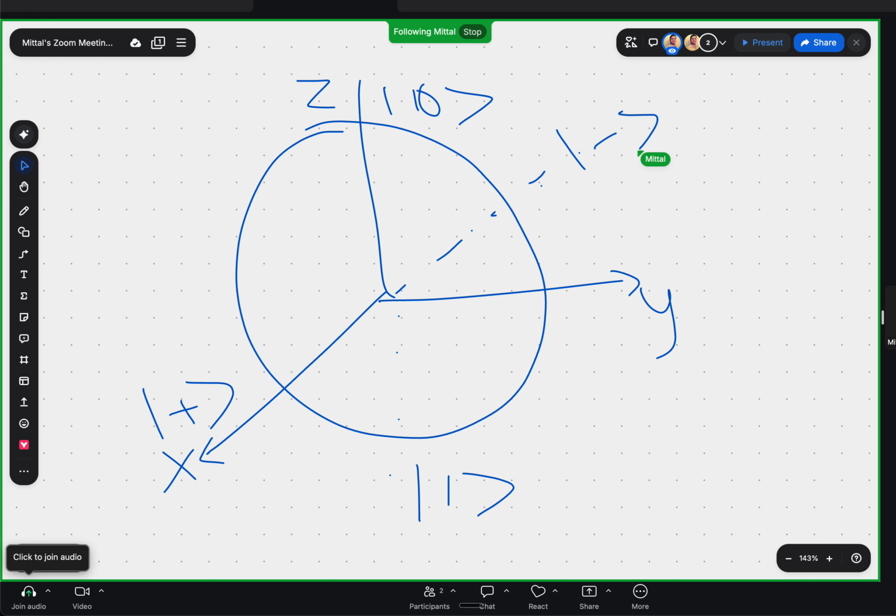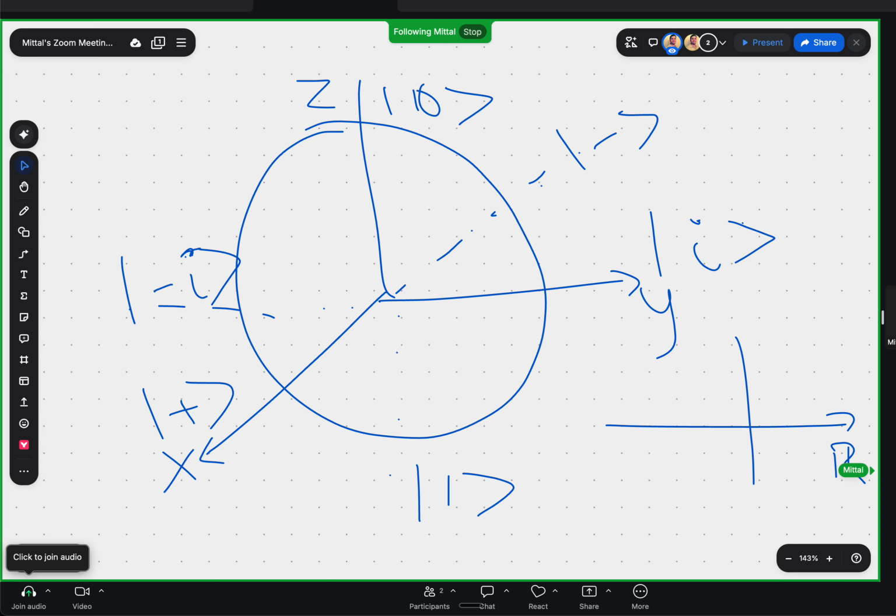On the positive of the y is the imaginary vector. And on the negative of the y is the minus I vector. So if you see here, the xy plane is basically a complex plane. And if you remember, a complex plane just looks like real numbers on the x-axis and imaginary numbers on the y-axis. And you can draw vectors like 2 plus I, where you went 2 on the real side and then maybe 1 I on the